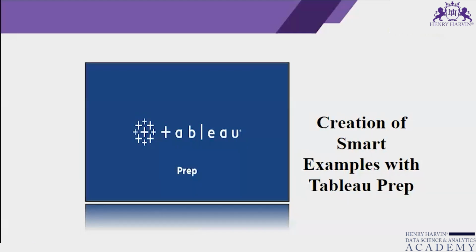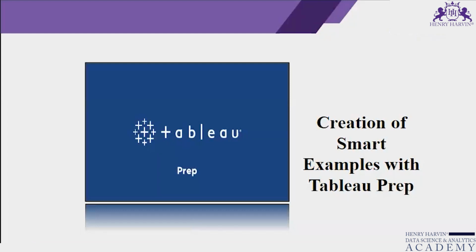Then there is data joining and blending, where Tableau Prep enables users to combine data from multiple sources through joins or blends. It provides a user-friendly interface for defining the relationship between different datasets. Okay, then there is the visual representation of data flows, in which Tableau Prep uses a visual interface very similar to Tableau Desktop or Tableau Public, to represent data flow. This makes it easy for us to see the steps in the data preparation process and understand how data is being